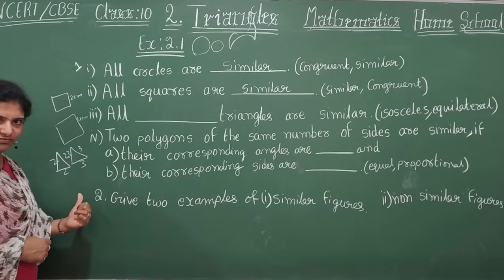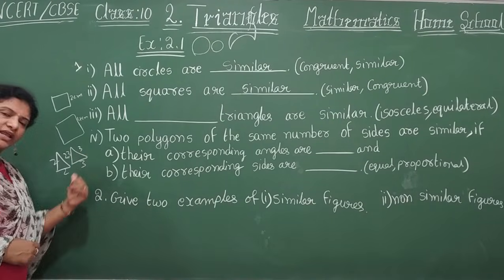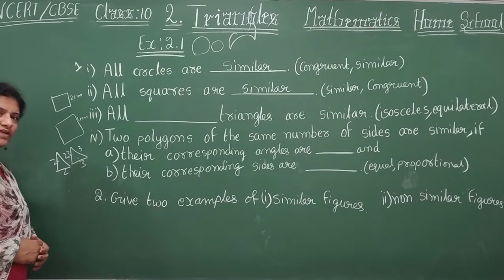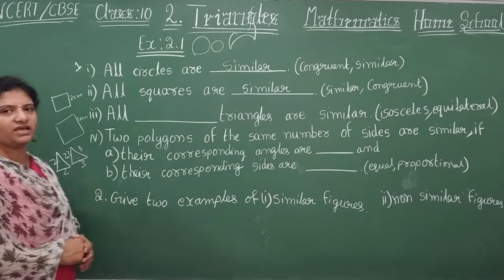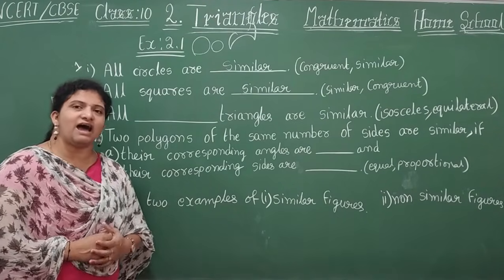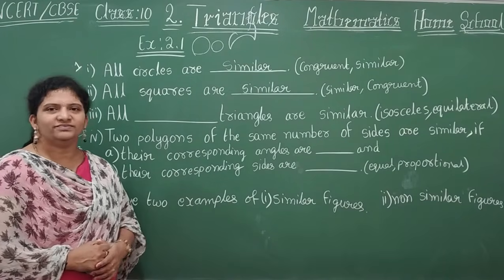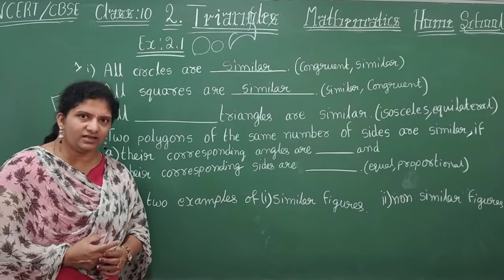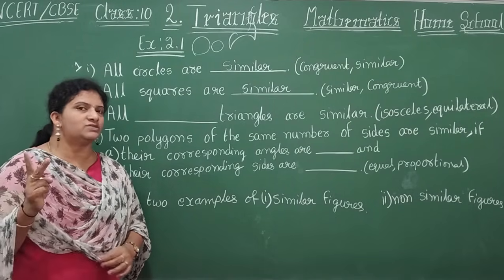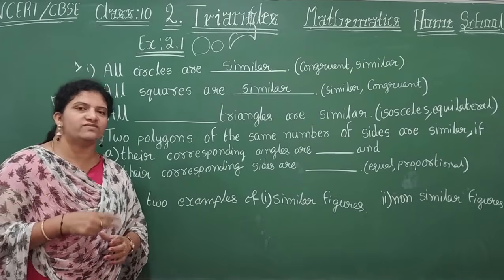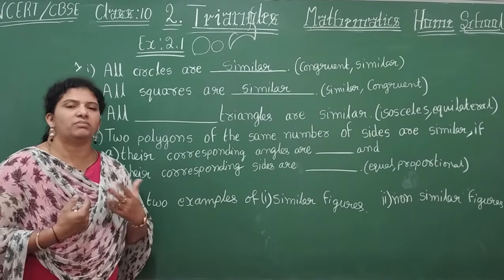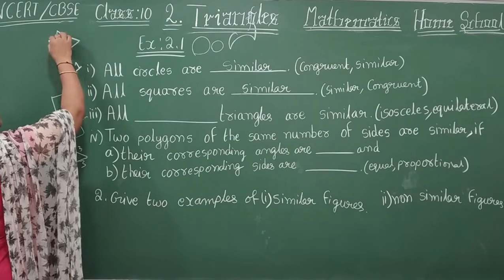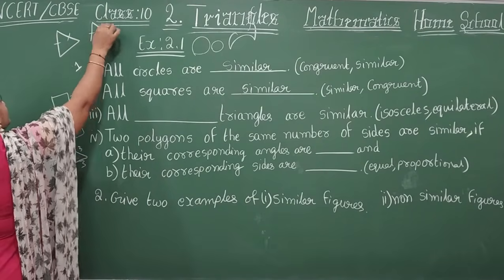So observe here carefully. The corresponding ratio will be equal. All the corresponding angles also will be equal. Then what I can say? All equilateral triangles are similar. Okay. But not all isosceles triangles here, children. Listen carefully. Only two corresponding sides or two ratios will be equal. Another side it might be different. If you want to see the example, look here. So let this be, these two sides equal. These two sides will be equal.